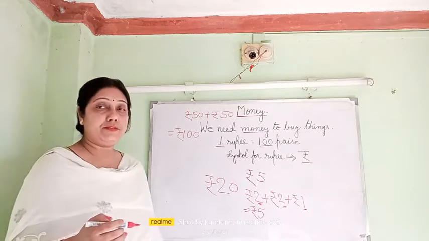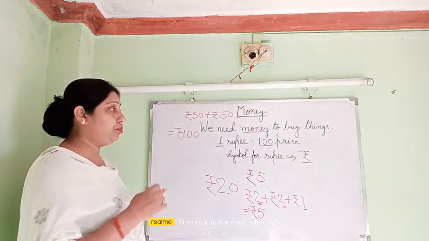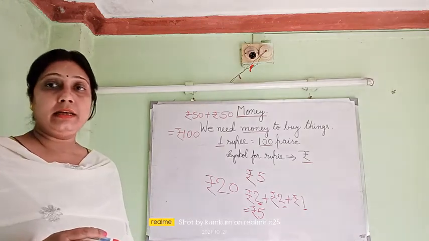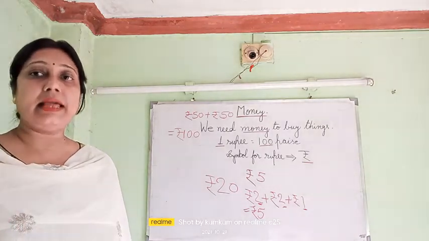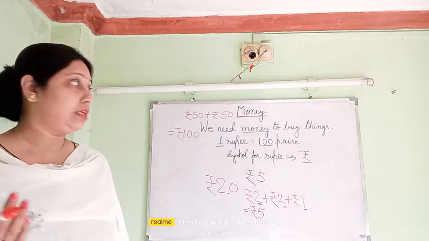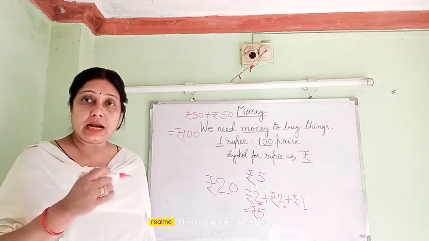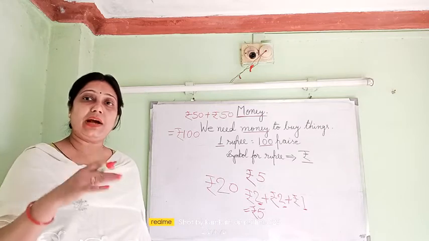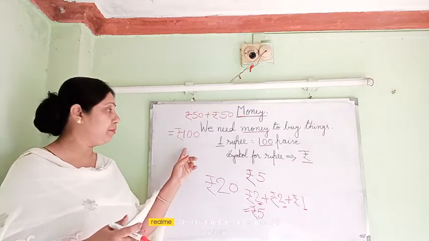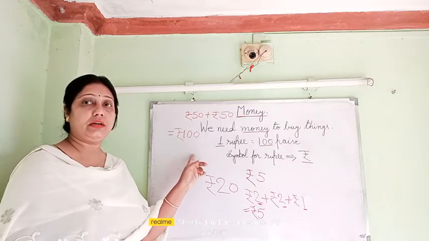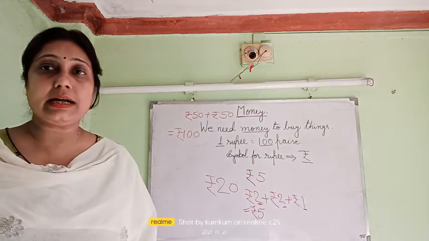So you have to add, and always you have to put the rupees sign. And whenever you are telling, that time you will say the word rupees afterwards, not rupees 50. It is wrong. You will say 50 rupees, 100 rupees, 2 rupees, 5 rupees. But whenever you are putting the symbol, you have to put it in front of the digit. So that is the correct form.